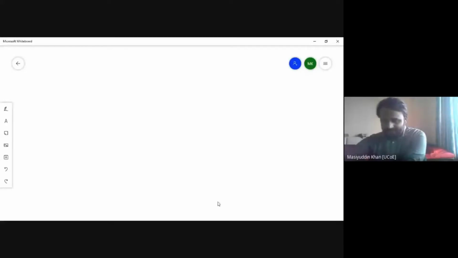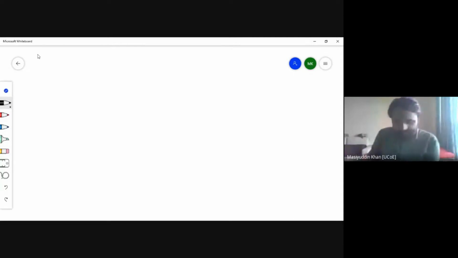Hope the screen is visible to all. Now moving ahead with the problems which are based on the diagrams. So one by one we have to simplify here. The first problem is,